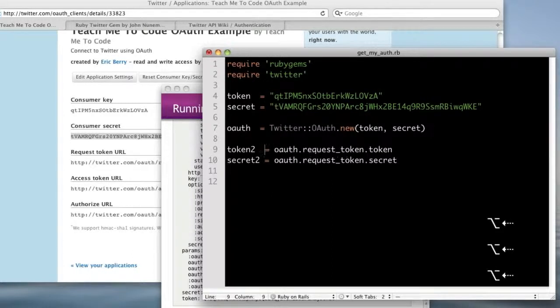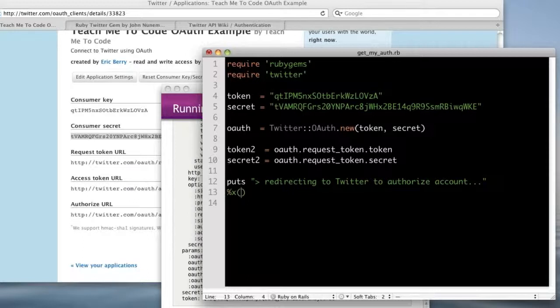Okay, now that we have that, the goal of this is to be able to authenticate this token and secret and this additional token and secret against Twitter. To do so, we need to actually open up a browser and get a pin from them. So here we create a little output that we can use in a Ruby script, and here we actually call open, which will open a URL in a browser, and we put our authorization URL,